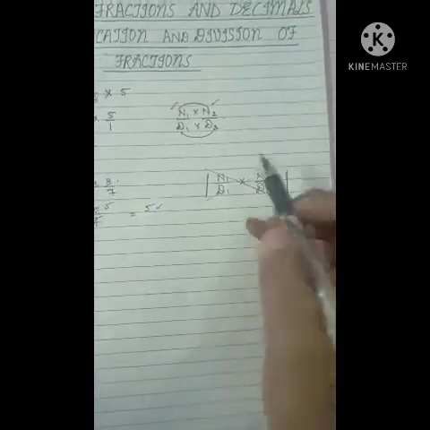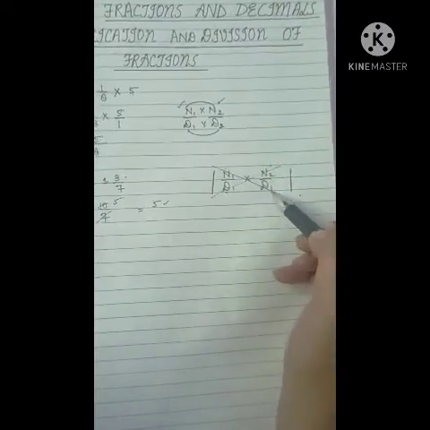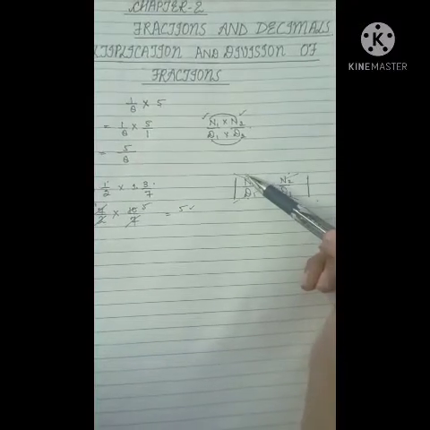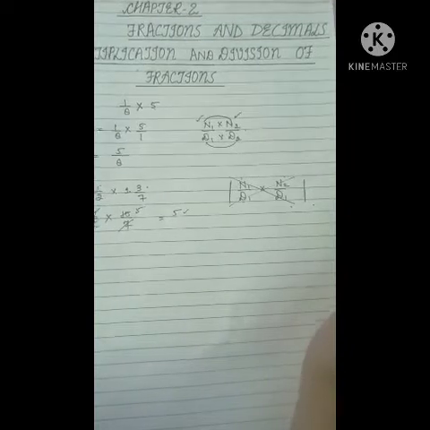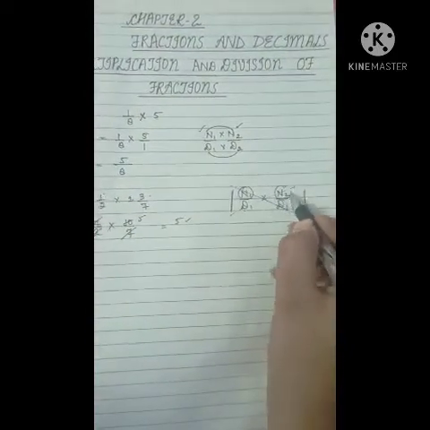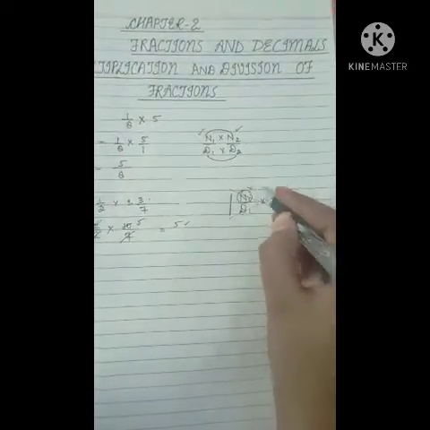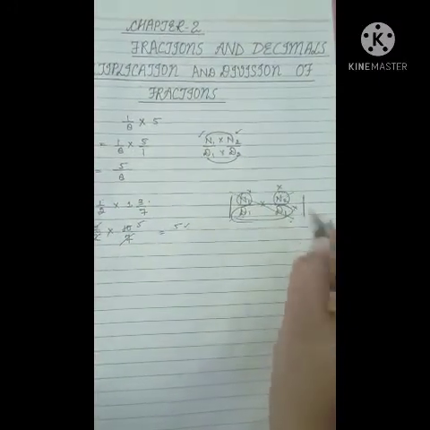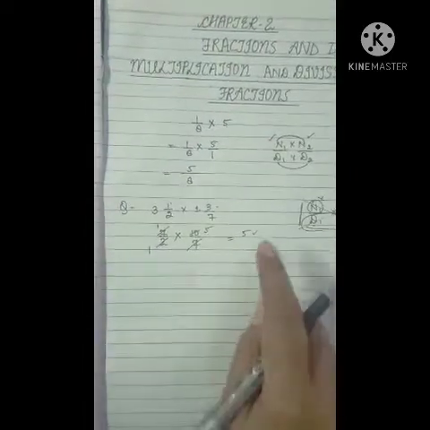Okay, we multiply the numerator by the numerator and the denominator by the denominator. But if we cancel out, then we cancel out the numerator and the denominator of the given fractions. You cannot cancel out the numerator and the numerator of the two fractions. We don't cancel out the numerators to the numerators or the denominators to the denominators. Clear? So this is what you get.